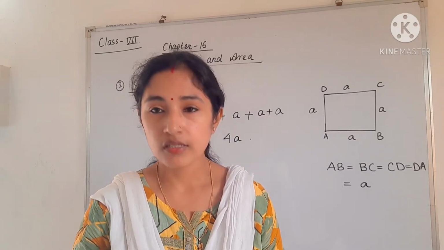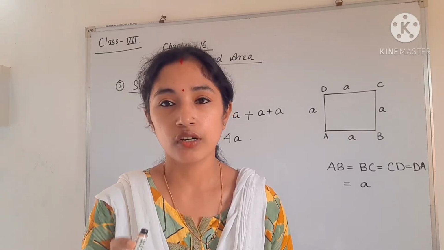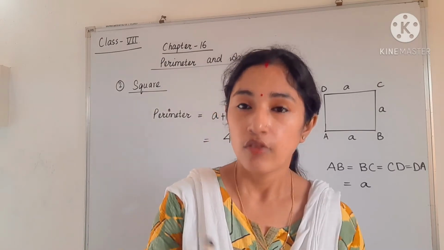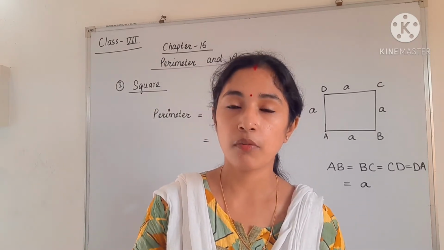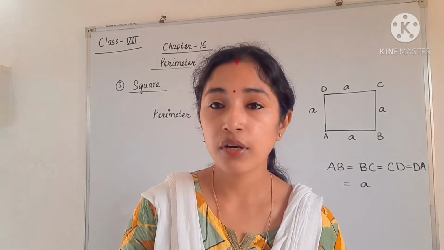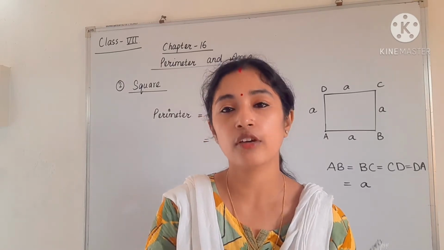What about rhombus? In a rhombus, we know that diagonals bisect each other at 90 degrees. The diagonals, okay, diagonals, that means the opposite vertex. Whenever we join the opposite vertices of a rhombus, then we will get a diagonal, okay. So in a rhombus, all the sides are same. So we have to add all the sides. So by that way, we will get 4l.